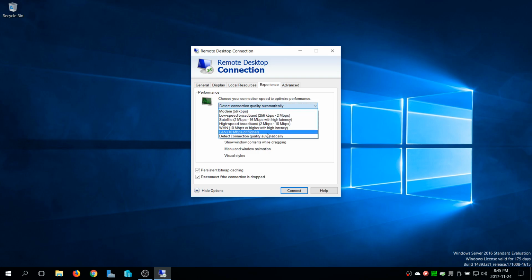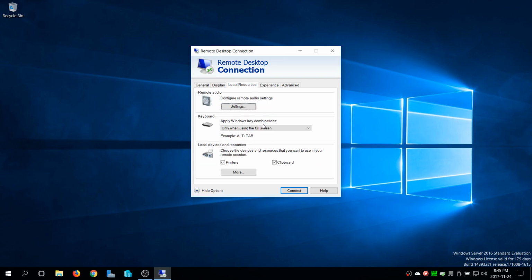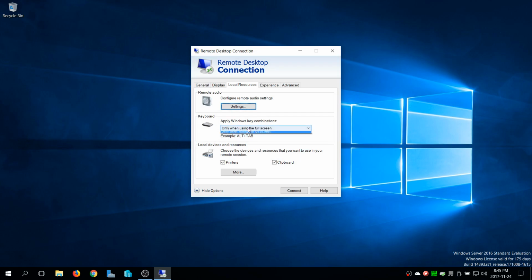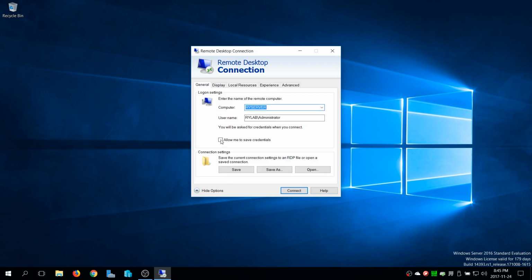So basically I just went into the configuration and I changed it so that way, there we go. Let's fix this audio. Alright, allow me to save. Okay,